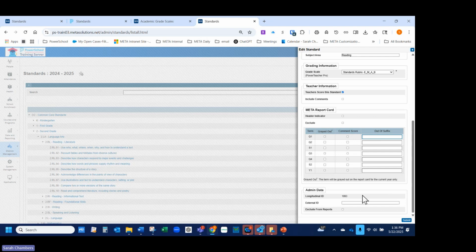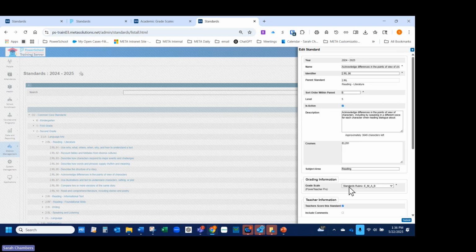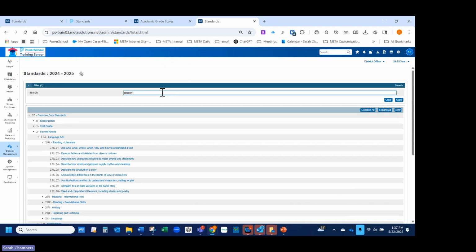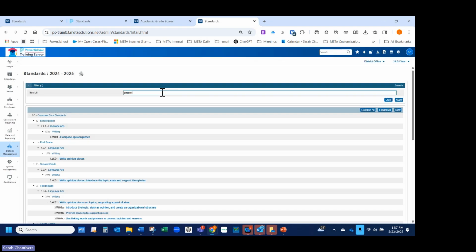We don't do anything with longitudinal ID or external ID under the admin data. We rarely do anything with that. So that's how I would edit. If I have something here and I want to make it inactive, I can do that. I can search here for a word, or I could search for a